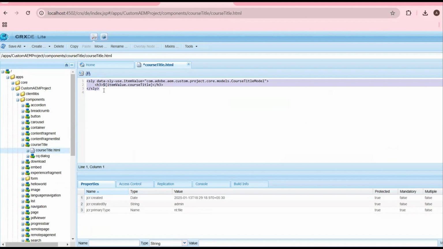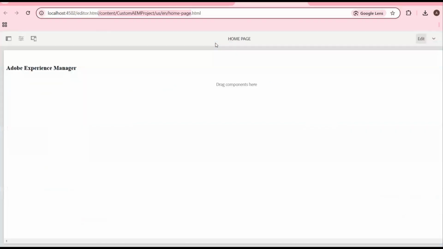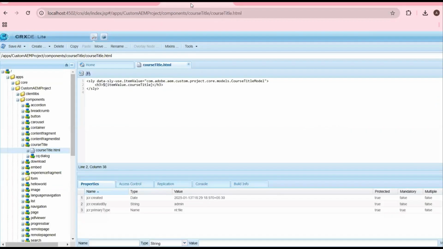It is generally this part. You can see in HTL, I'm just displaying item value dot course title, right? This particular part I'm storing, and whatever we are getting here, this particular part we are getting from here itself. So this is the flow. This is the general flow when we are